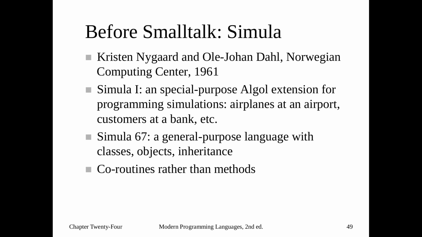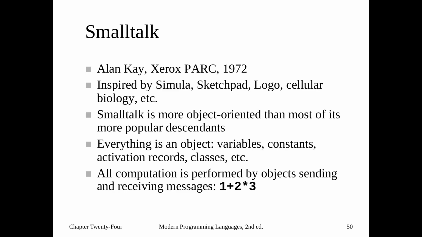And then Simula 67, on the other hand, was a general purpose language which had classes, objects, and inheritance, right? And then they also had coroutines. So they had coroutines rather than methods, right? So it didn't have what we would call all the hallmarks of an object-oriented language, but it had a lot of them. So from Simula, right,